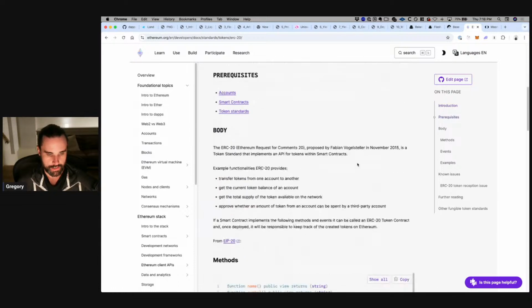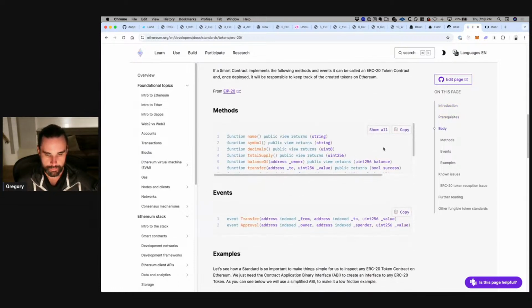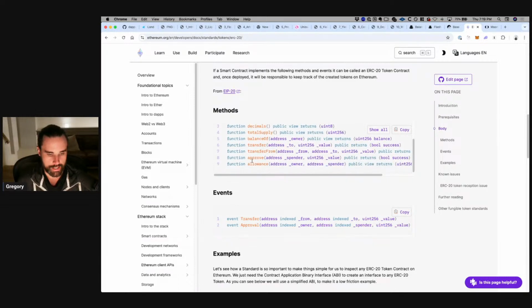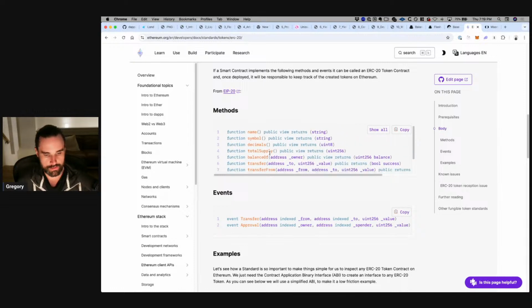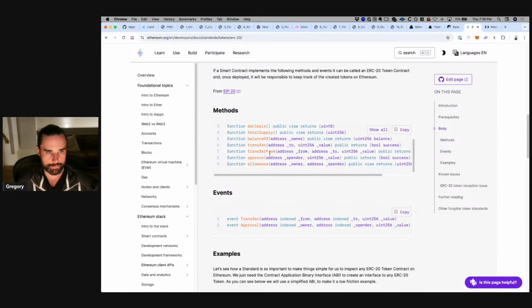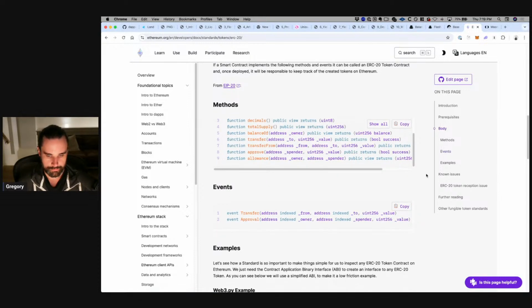So really, it's just a standard that says, hey, this smart contract, if it's going to be a token, has to have these specific functions like name, symbol, decimals. It has to have a way to move the tokens between wallets with specific functions like transferFrom, and also users must approve the tokens before they spend them. That's what the approve function is, okay? So these are the types of functions that we're going to see with the cryptocurrencies that we're flash loaning and the cryptocurrencies that we're trading around and doing all that type of stuff. So just some basics that we need to cover in order to get this to work.